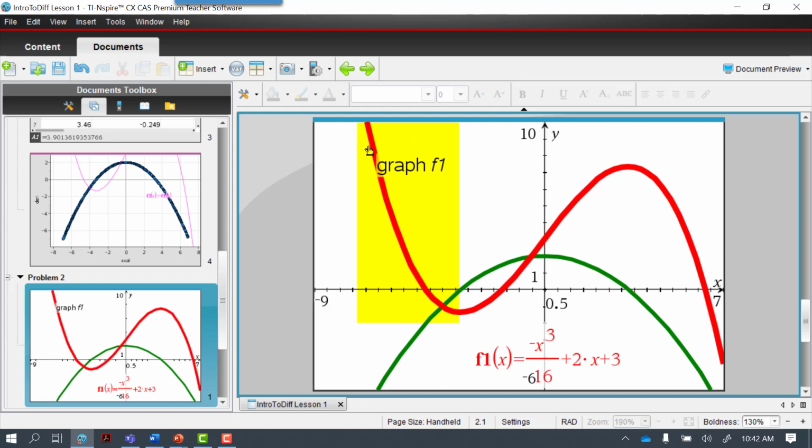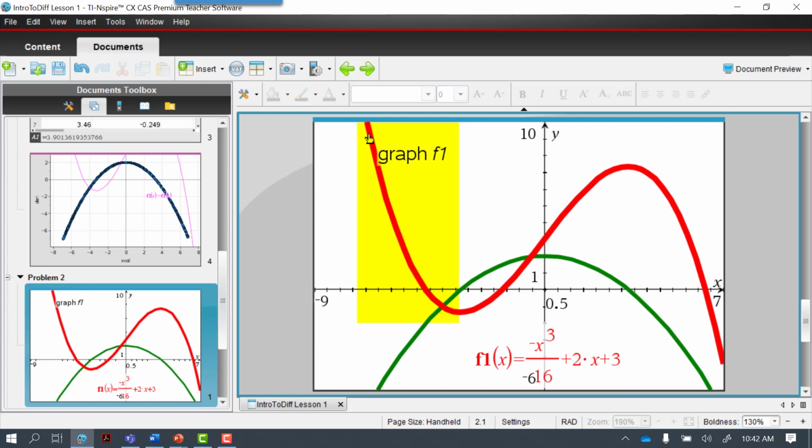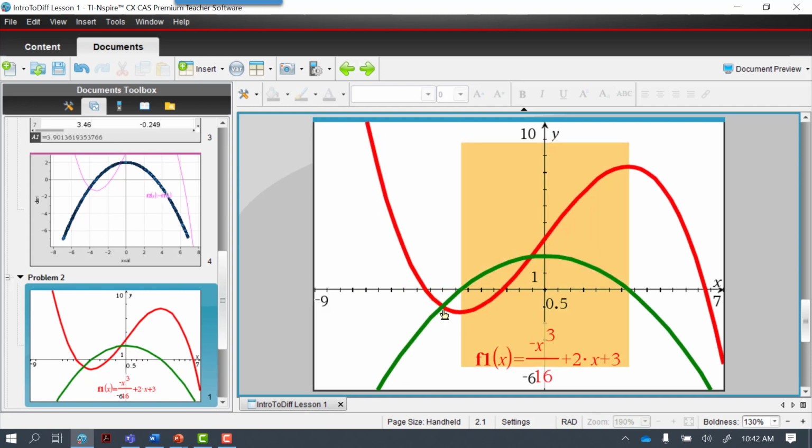For me, the gradient over here is negative, and when the gradient is negative, it will always be below the x-axis. So that section of the curve will be below the x-axis. Now once again, if I go here, the gradient is negative and it is becoming less and less negative, and it is approaching 0. So if I follow this green one, it's negative, it's becoming less negative, it's approaching 0. So at this point it approaches 0. So that's for the negative section.